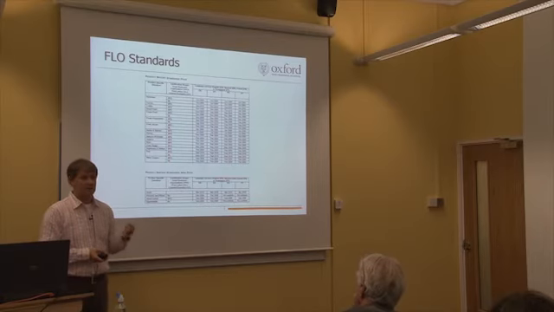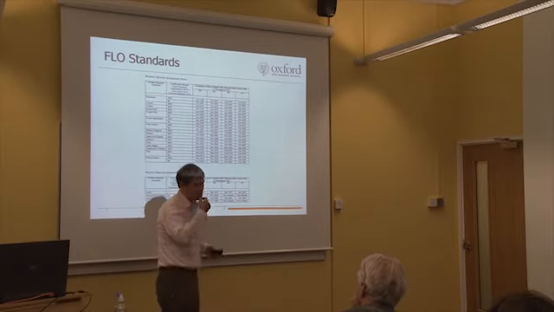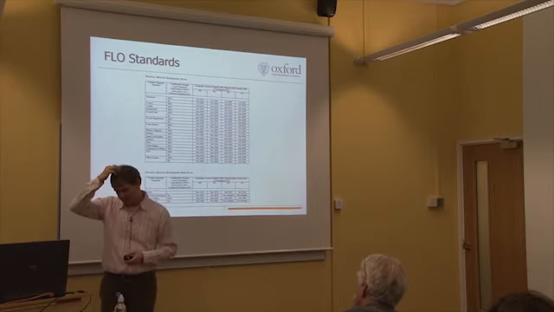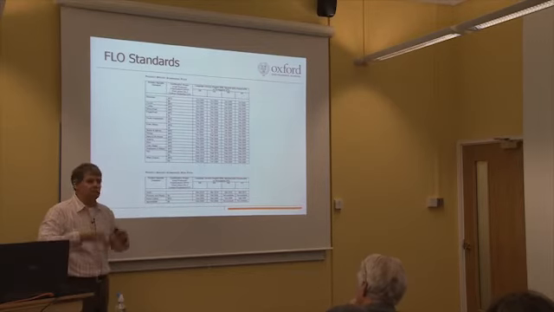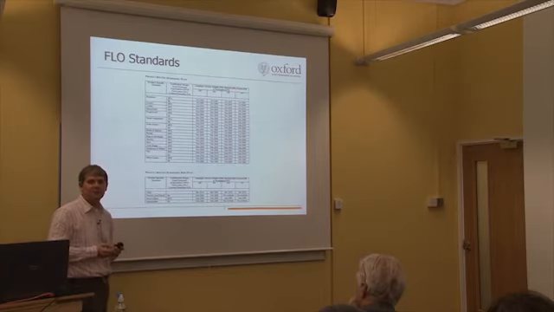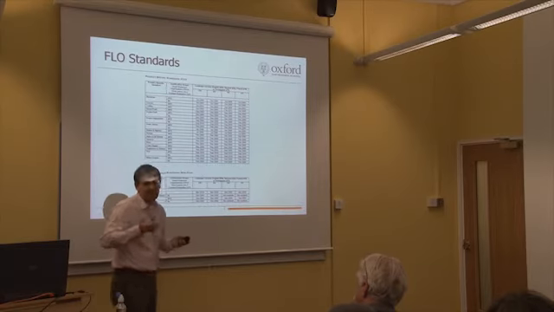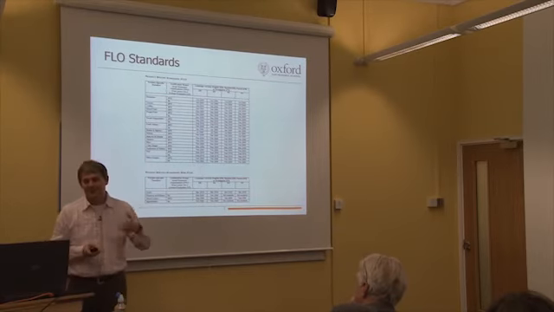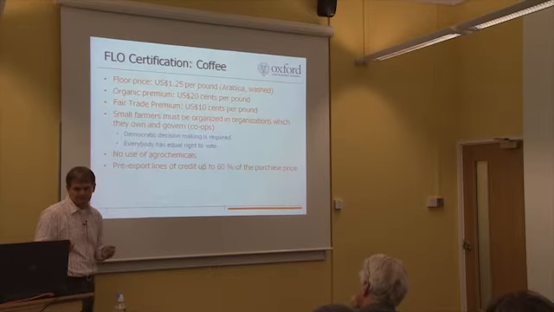So one of the frustrations that I know retailers often feel is how long it takes for a standard to develop. I remember talking to the guys who set up Tesco's own label fair trade products many years ago, and they were saying, we would love to do fair trade shrimps or something, but then we go to FLO and they say, that's great, we'll come back to you in 18 months, we'll give you a standard. And it's like, well, that's not how we operate in Tesco. We want something, we want it in 3 weeks, right? And so there's a frustration with how long it takes to form standards, but of course the flip side is that it allows them to hopefully be better standards and more rigorous standards.